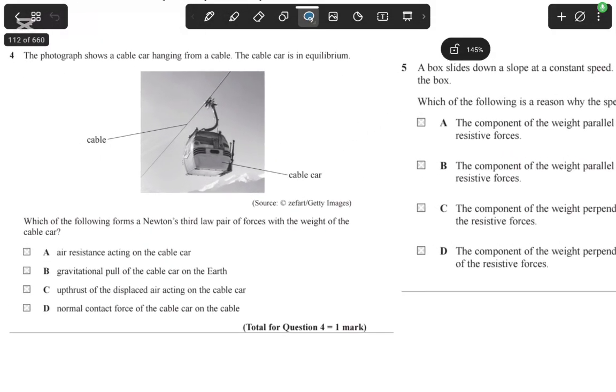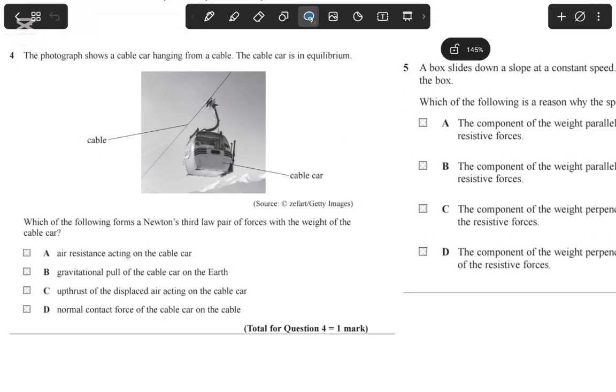Okay, question number 4 says the photograph shows a cable car hanging from a cable. The cable car is in equilibrium. That means that the resultant force is equal to 0. And it says which of the following forms a Newton's third law pair of forces with the weight of the